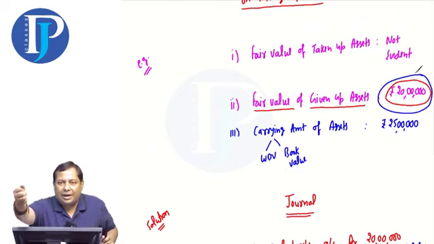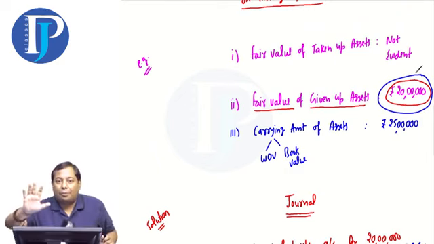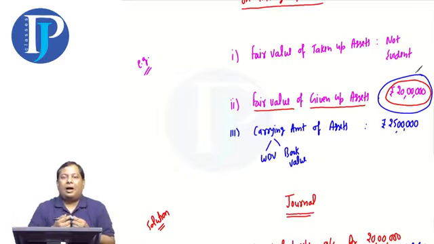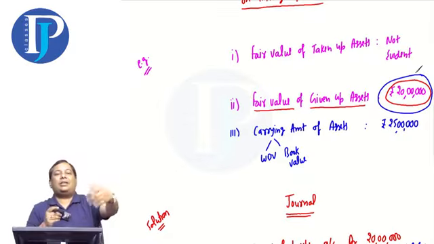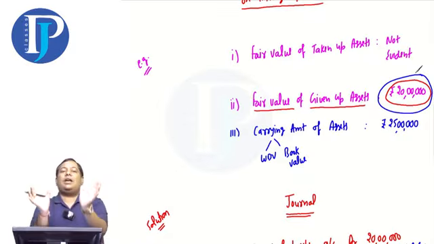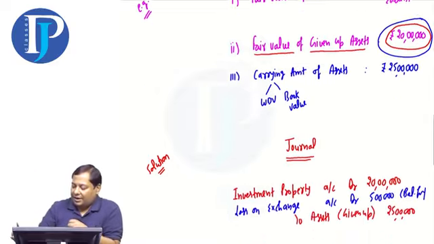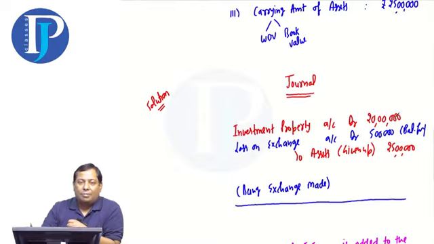You gave an asset worth 20 lakhs. And you are also paying 5 lakhs in cash. So you gave 25 lakhs including monetary and non-monetary. So the new asset you have is worth 25 lakhs. You gave an asset worth 20 lakhs and 5 lakhs in cash. So the total value of the asset given up is 25 lakhs. So your asset will now record as 25 lakhs and not as 20 lakhs.